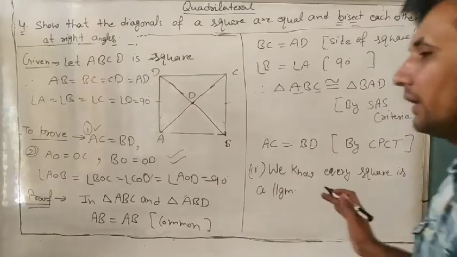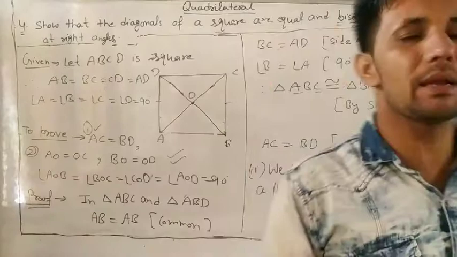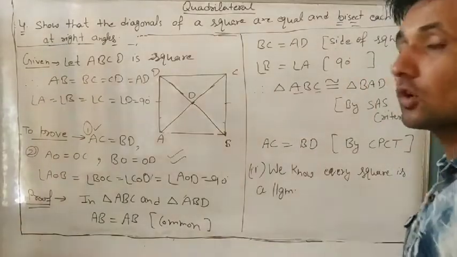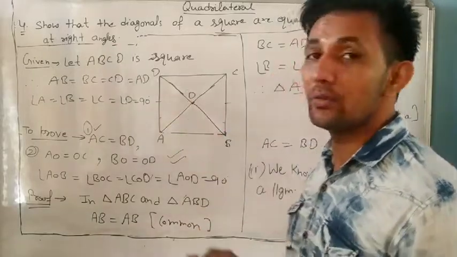Everyone knows? We already learned in the first class that every square is always a parallelogram, and we want to prove that the diagonals bisect, BO equal to OD, and we know